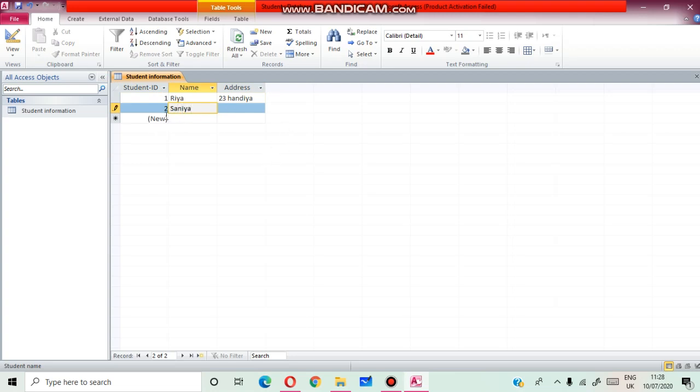Here you can see it will generate numbers automatically. Okay students, have you understood how to create a database and how to create a table using design view?